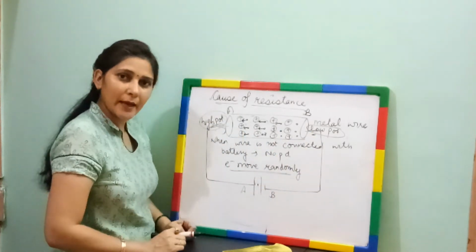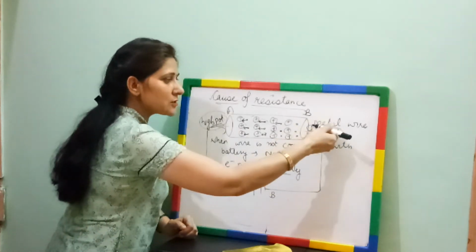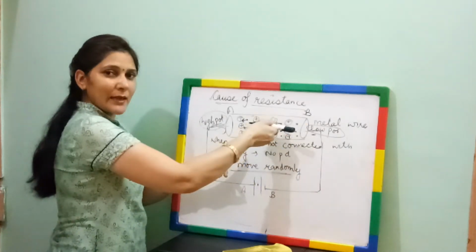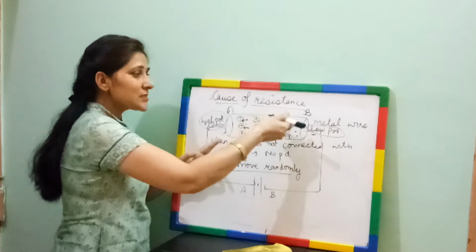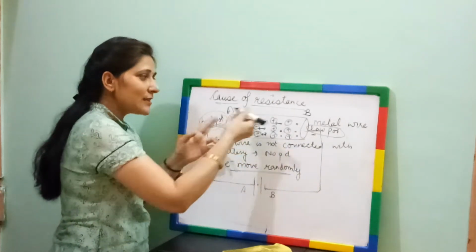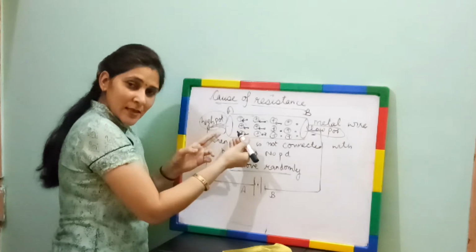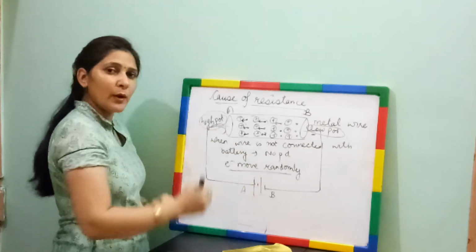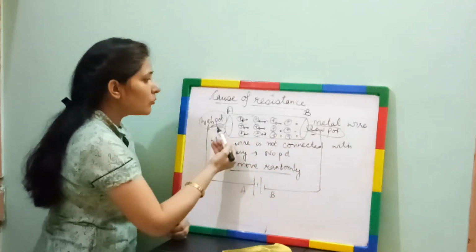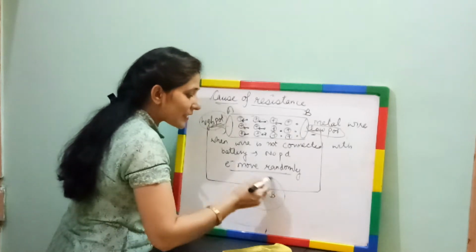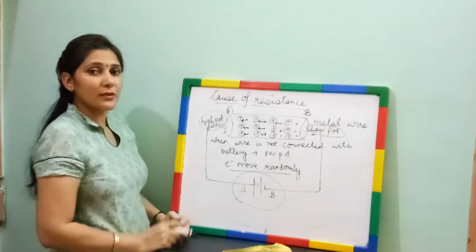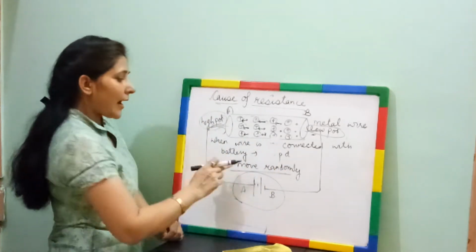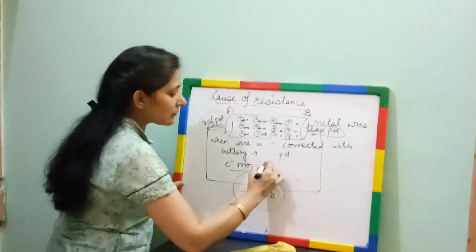The battery is still connected. Then what happens? Again because of the potential difference, they gain energy again. They will accelerate and start moving. Then the speed decreases. Again they will gain energy and start moving. This means the kinetic energy of electrons decreases when they strike the positive ions, but again due to potential difference, they regain the energy and start moving in the forward direction. This way electrons keep on moving through this metal wire when it is connected with a cell or battery, or when potential difference is applied. In this situation, potential difference is there, the wire is connected with the battery, and electrons will move in a particular direction.